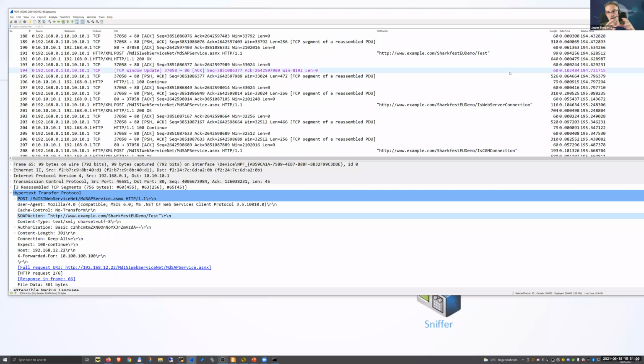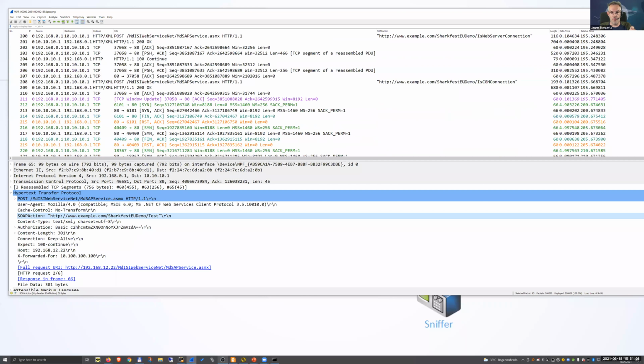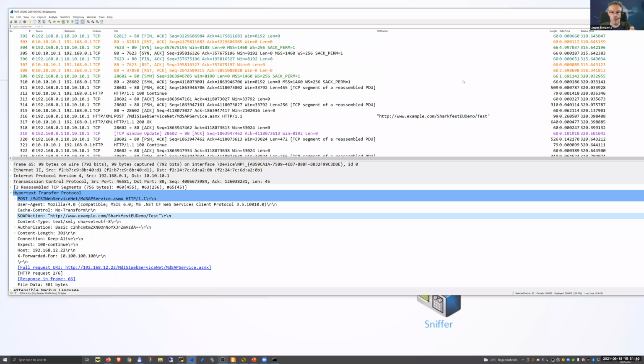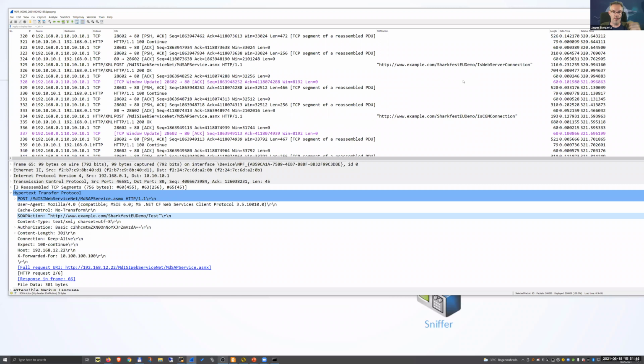So the annoying part here now is that I don't want to load all of the files one after one to check all these SOAP action calls and see if there's anything in there. Especially since I would now need to look at all of them and compare them to my list and say, this is a valid one, this is not a valid one.